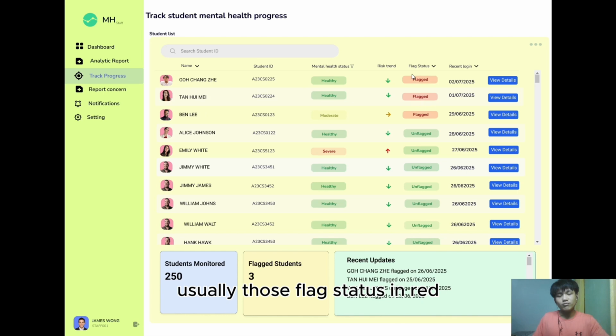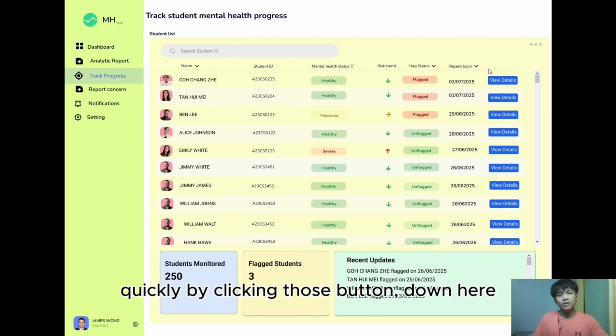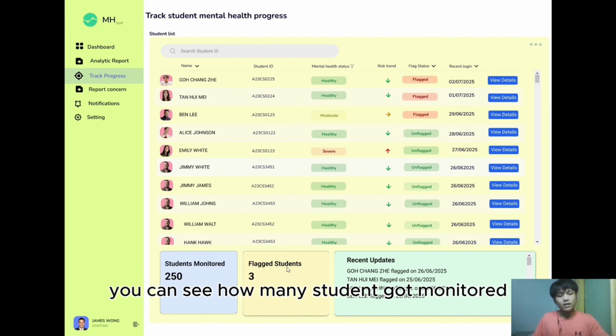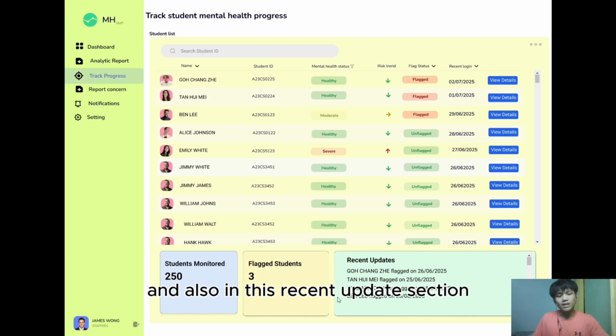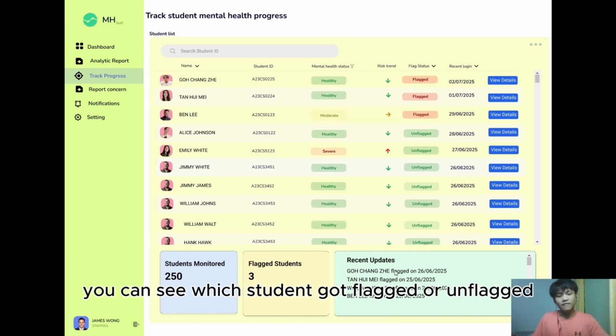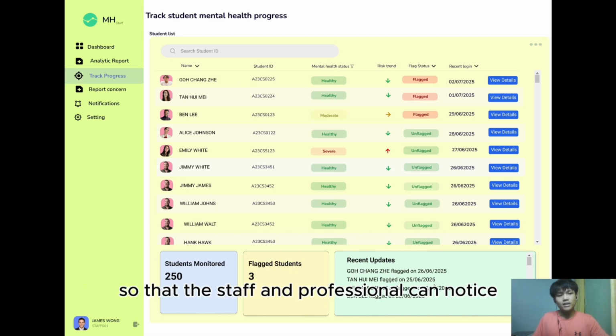Usually those flag statuses in red will be displayed at the top of the student list, so that the staff and professional can easily access their personal information and mental progress quickly by clicking those buttons. Down here you can see how many students got monitored, how many students got flagged, and also in this recent update section, you can see which student got flagged or unflagged at what time, so that the staff and professional